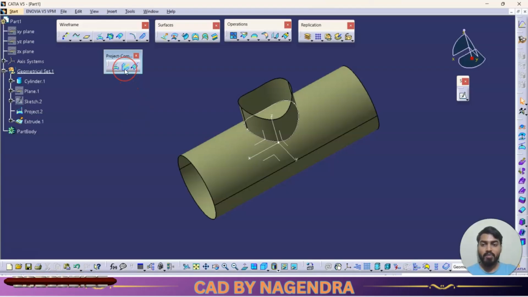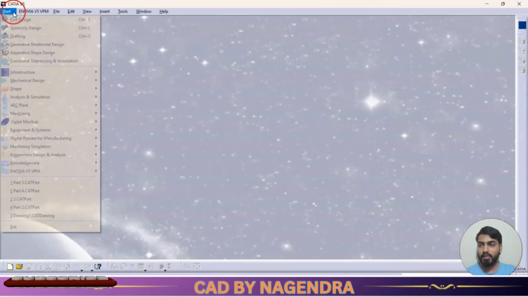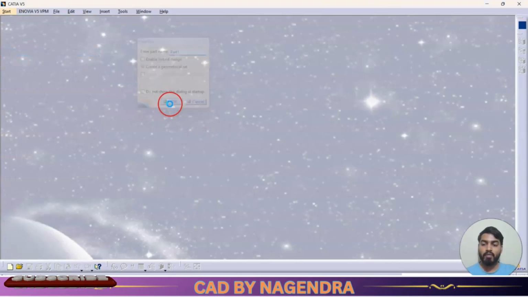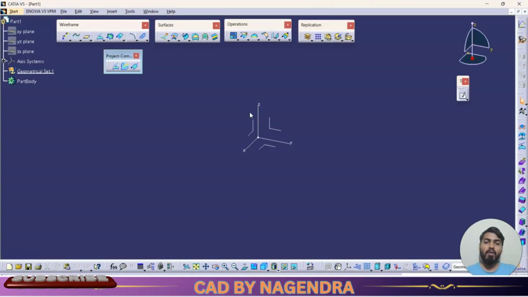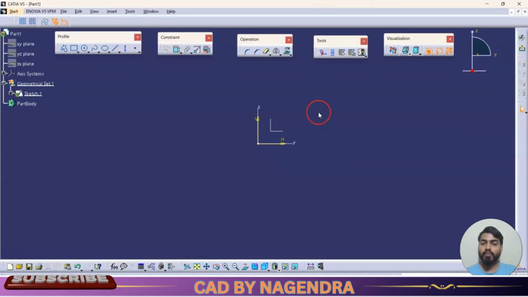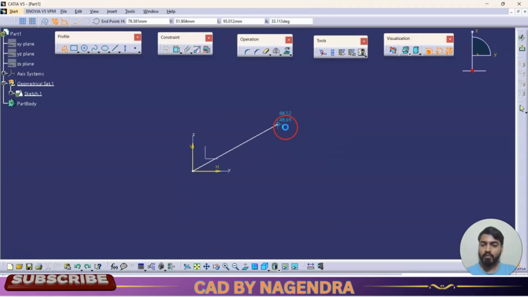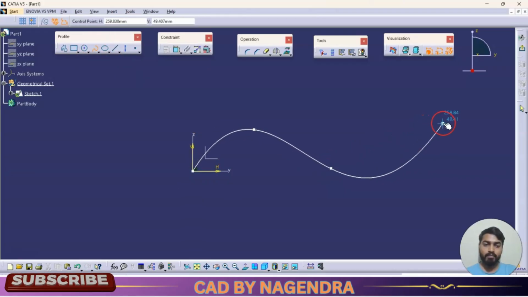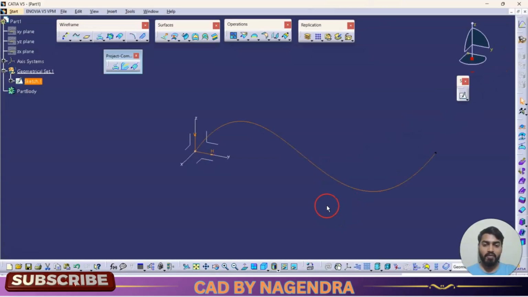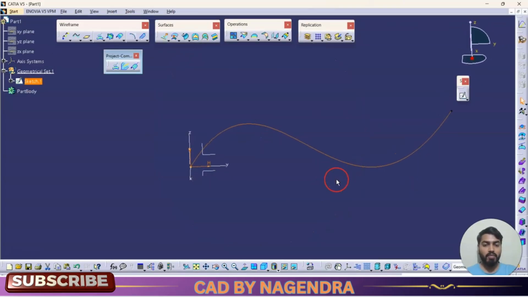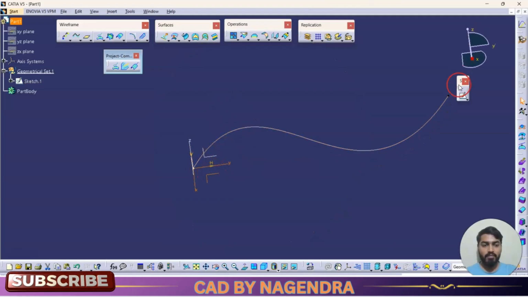Then the next option we have here is Combine. What is meant by Combine? Let me give one example. For example, we have a different shape. If I see it from this front view, that shape is like this. Like, I'll create one spline. If I see from front view, I want this shape. If I see from the top plane,